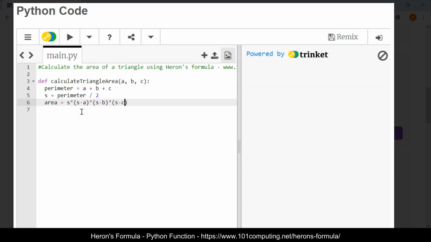Now we want the square root of all of this, so I'm going to use brackets here, and in maths you've learned that the square root is equivalent to working out to the power of half. So I'm going to use to the power of, which in Python is the star key that we use twice, and then to the power of half, so 0.5. And that's my area, which I can now return